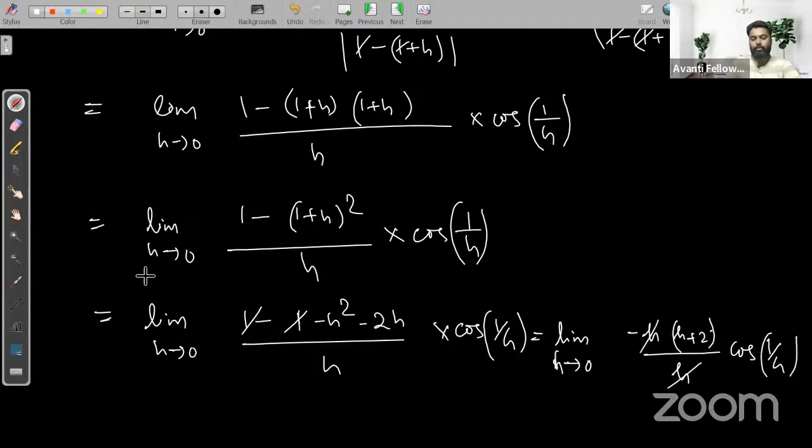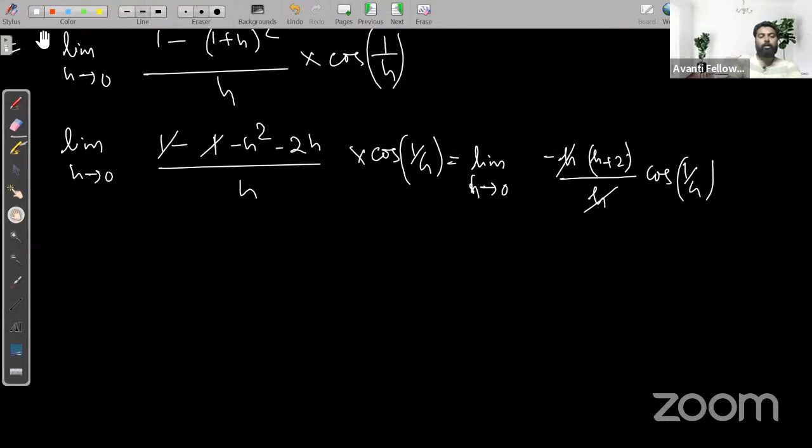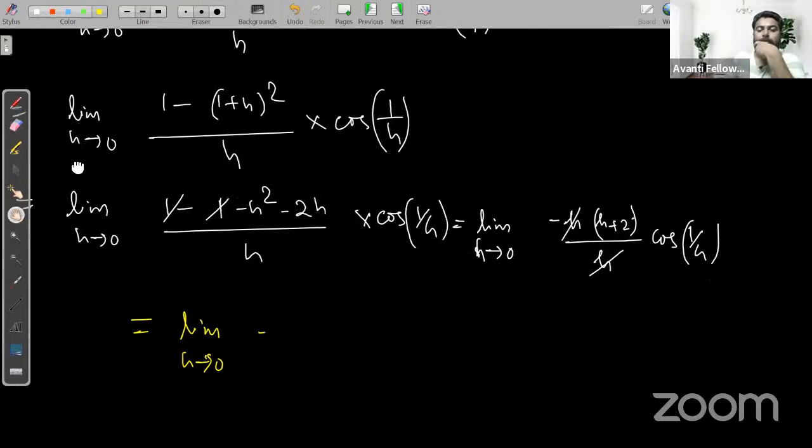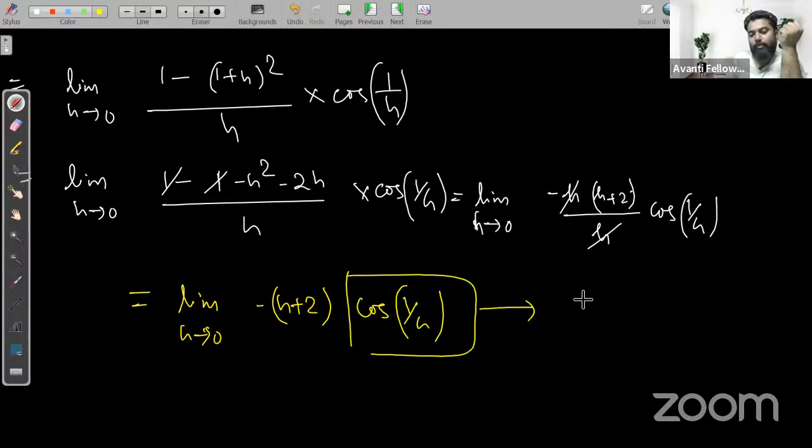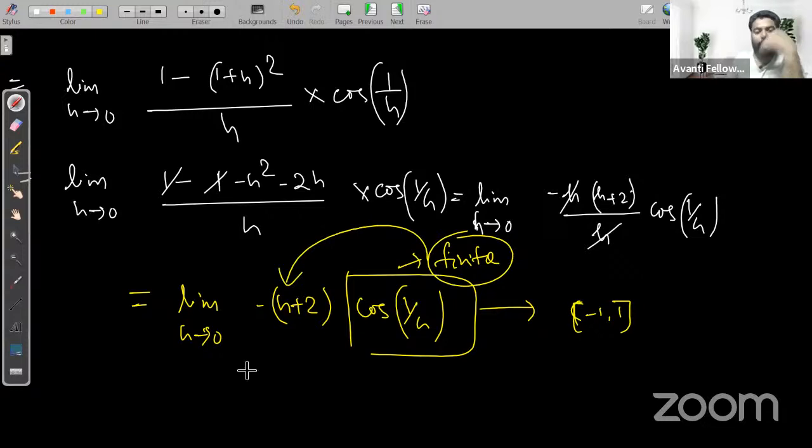From here h will be cancelled out, and what you are having is limit h tending to 0 of minus of (h plus 2) whole into cos of 1 by h. We know this will be giving you a value in between -1 to 1. So that means this is one of the finite values. So finite into